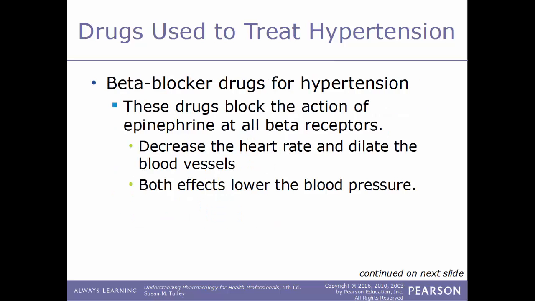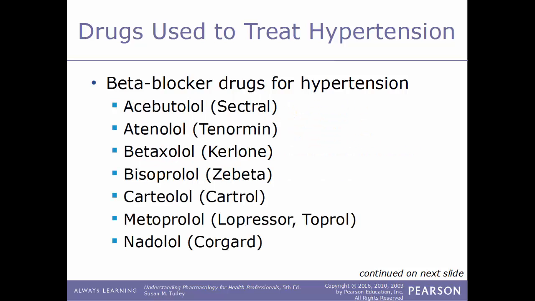Another class of drugs that's used to treat hypertension are beta blockers. And these drugs work because they block the action of epinephrine at all beta receptors. So this will decrease the heart rate and also dilate the blood vessels. And both of these effects lower blood pressure. There are many examples of beta blockers that are used for hypertension. Some examples here: acebutolol, sold under the name Sectral; atenolol, sold under the name Tenormin; metaxalol, sold under the trade